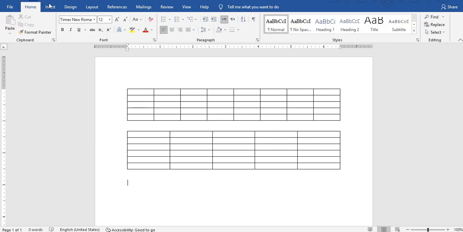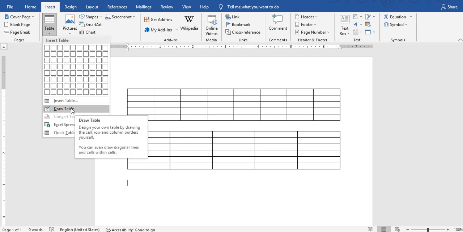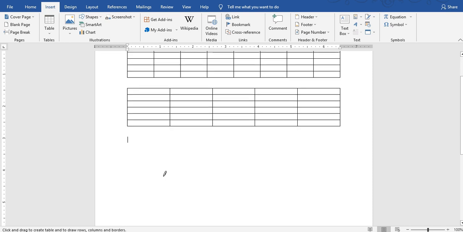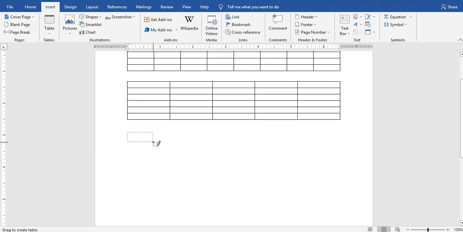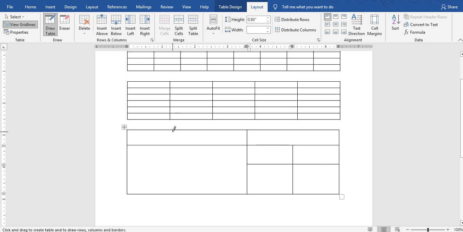And let's talk about the last way of inserting the table, which is going and clicking on Draw Table. This will actually give you a tool to draw your own table by just making your own lines. Click and drag, make a box first, and then as per your own requirement you can make the rows and the columns required. So this is how you can make them, totally as per the pattern which you will need. So just click and drag, nothing much. So these are the three ways of inserting